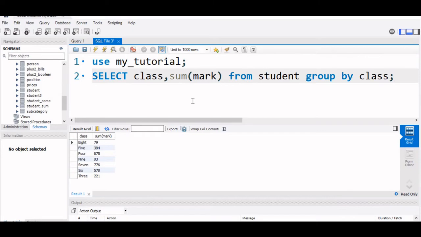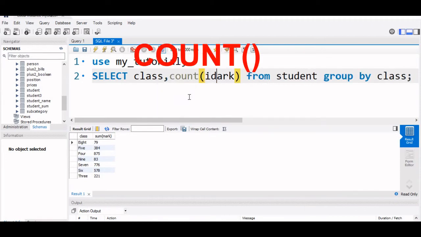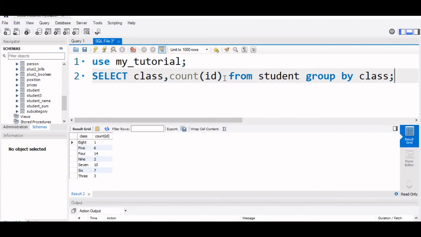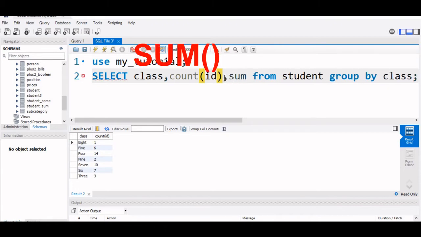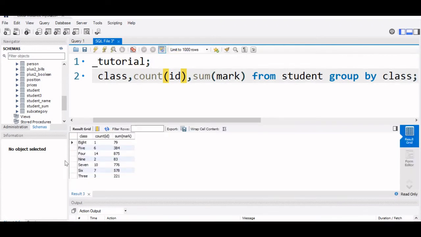Say you want the number of records, because we have an ID field there. What we can do is count how many records are there in each class. So this will return the number of records against each category or each class. You can see this is the figure 8. You can do one more: you can sum it up also. Both things we can display. Let's run this. You can see this count field gives me how many records are there against each class or each category. Hope this has clarified the question.